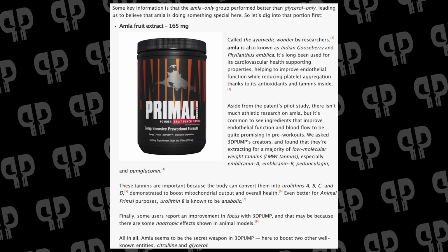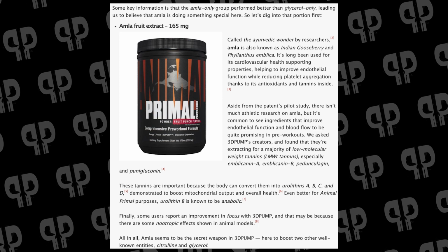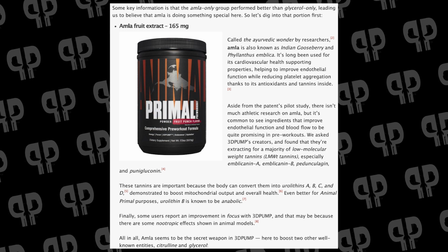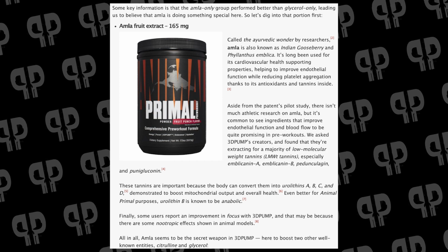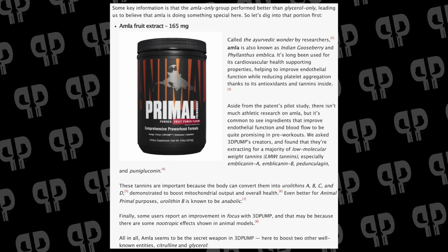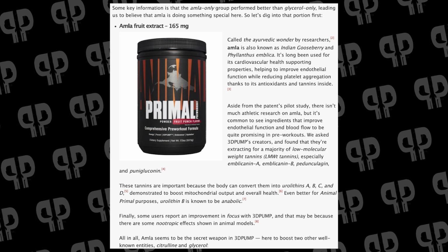What I mentioned about amla fruit extract having some other data on its own, it's called an Ayurvedic wonder by researchers. It's also known as an Indian gooseberry. Phyllanthus emblica is another word that a lot of people in the industry will use for it. But it's used for cardiovascular health supporting properties, improving endothelial function, while also reducing platelet aggregation thanks to antioxidants and tannins inside. There isn't a lot of athletic research on amla fruit extract, but it's really, really common to see